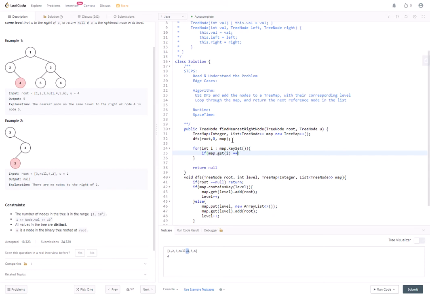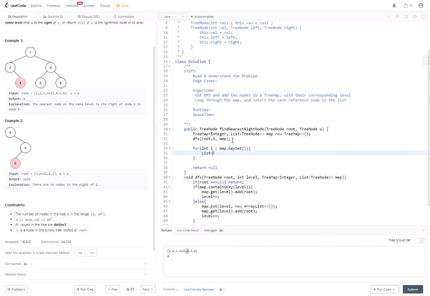Actually, instead of doing equals, we just do dot equals u. Map.get I dot equals u. Sorry. Map.get I, so